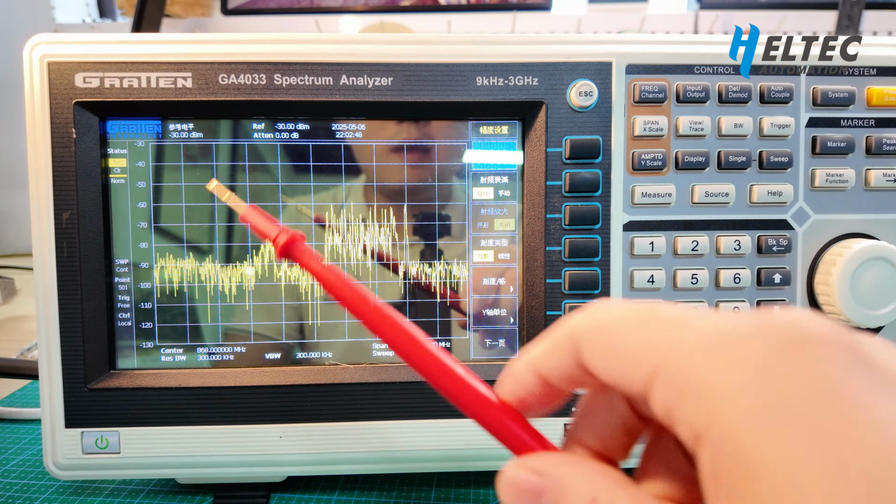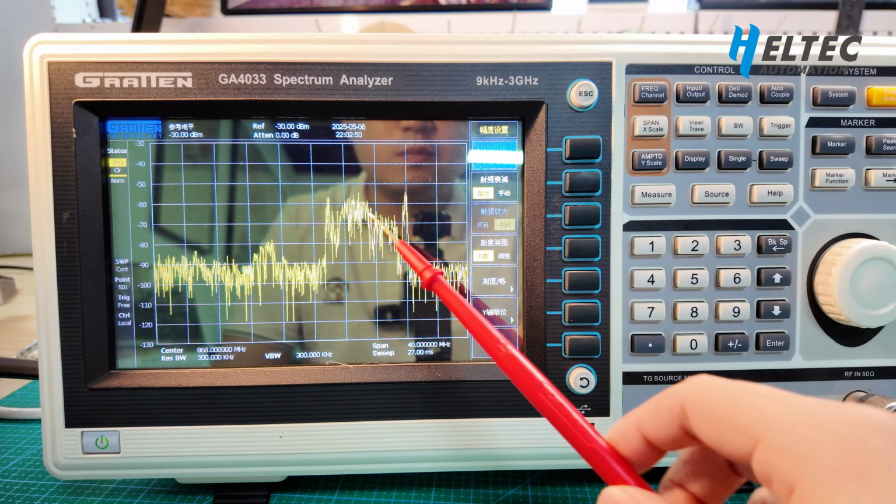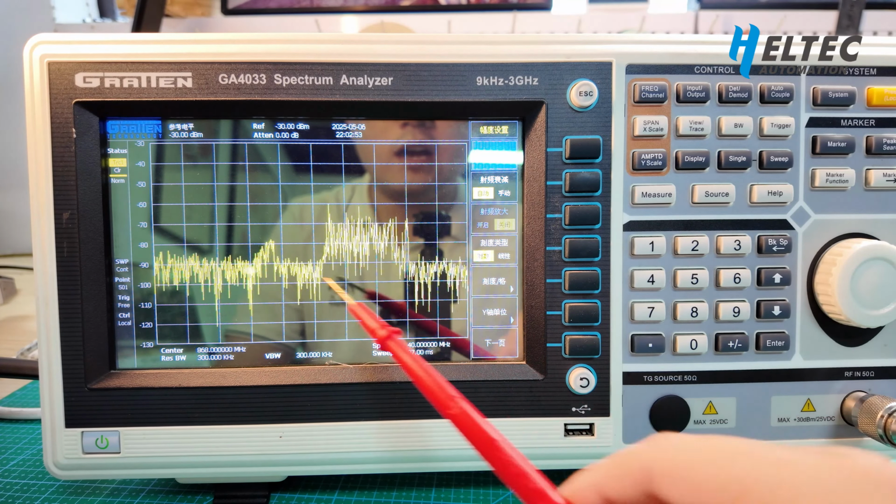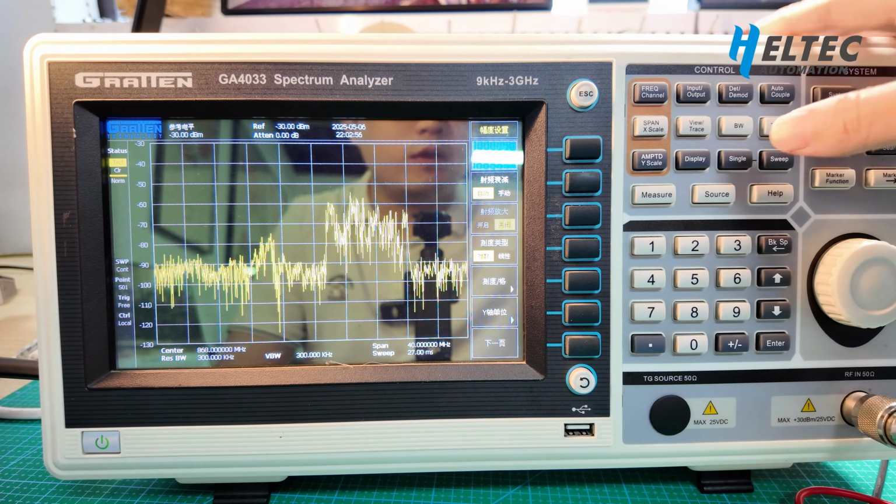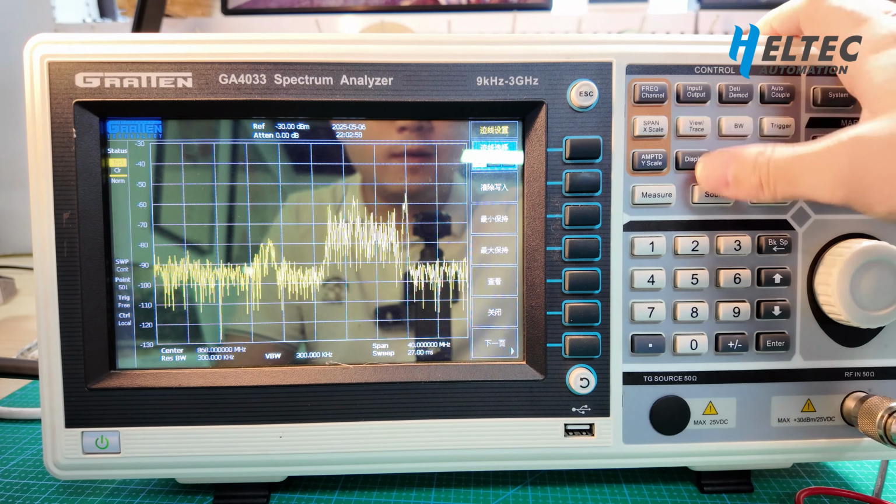Now from the dynamic spectrum, you can see this part is sufficiently higher than the other areas, right? Now let's keep the value.